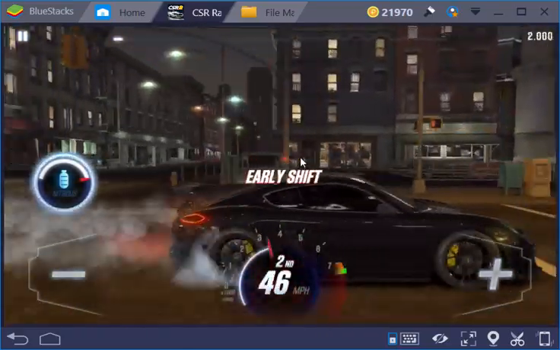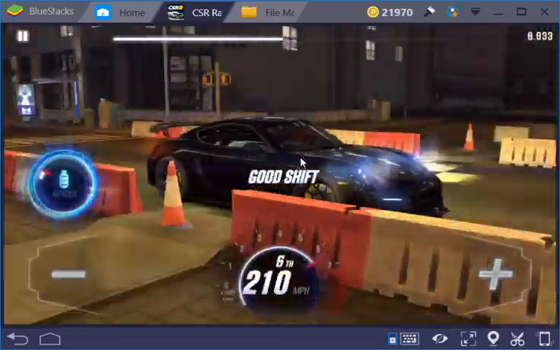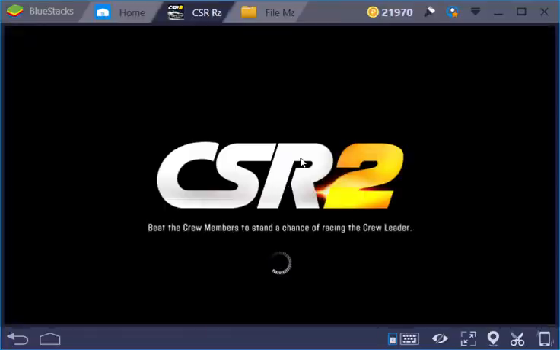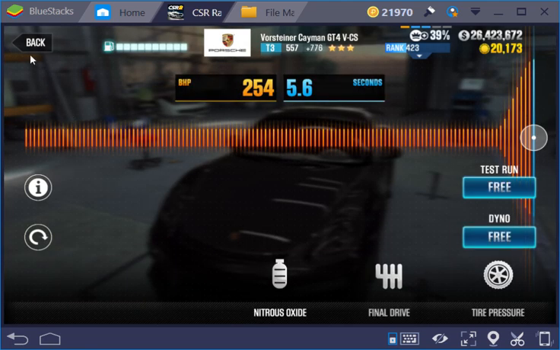So the way it seems to be driven the best is launching perfect, shifting to second at right around 20 miles per hour, letting second gear run almost to the end, then you shift and skip shift to fourth and nitrous, and then non-perfect shifts, basically good shifts to the end. That produces some of the best runs. That's not the world record run right there or anything, but it'll be good enough to get you through the